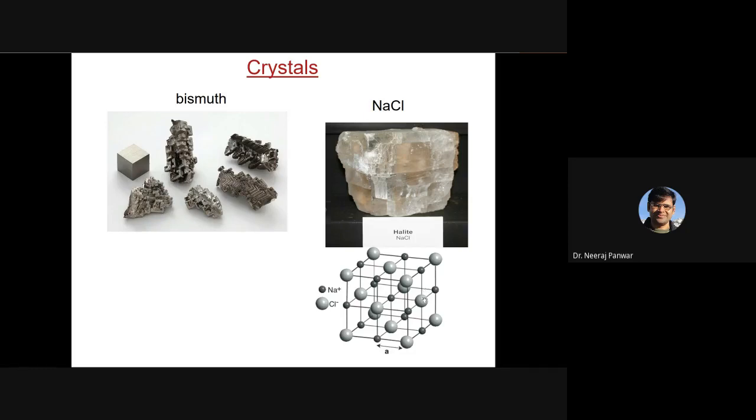And this is the crystal structure of sodium chloride. It possesses FCC crystal structure in which we have 2 interpenetrating FCC lattices. One is from the sodium ion and the other one is from the chloride ion. And you can see the sodium ion and the chloride ion are arranged one after the other in the sodium chloride structure. We will discuss it in more detail later.